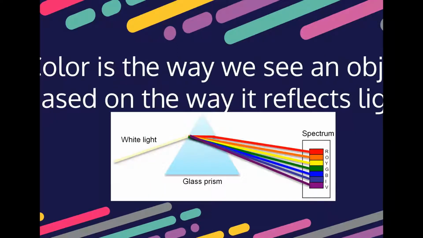So what is color? The very scientific explanation of what color is has to do with light. If you are looking at a lamp or the sun, I don't want to blind you guys, but you can see that the light, especially coming out of my lamp, looks very white. And that is because white light comes down from the sun. And inside of all of the white light are all of the colors, all of them. And if you shine white light through a prism,